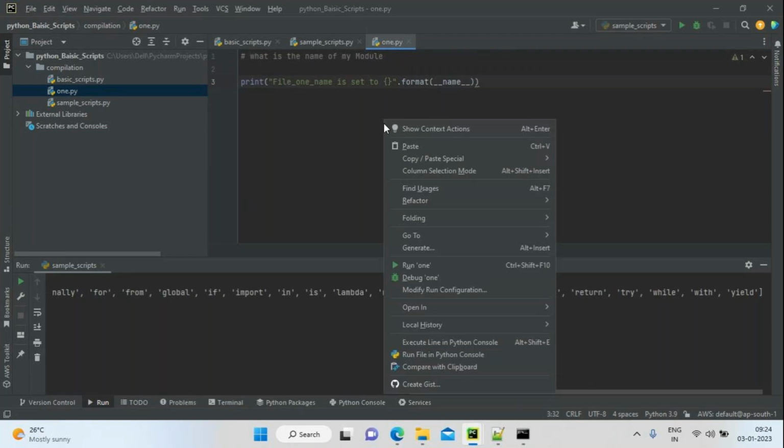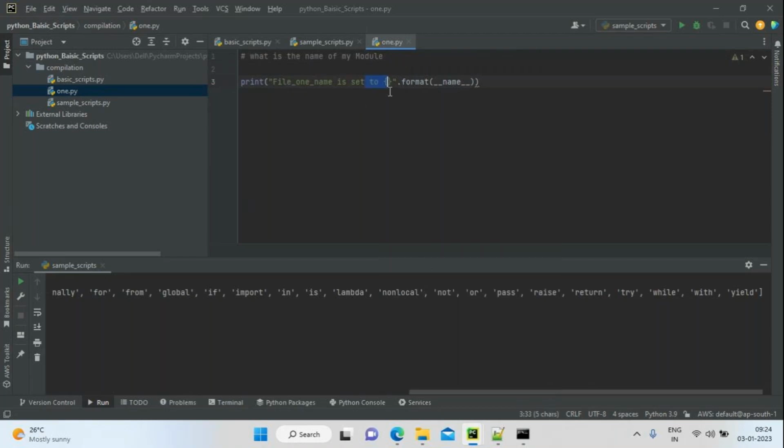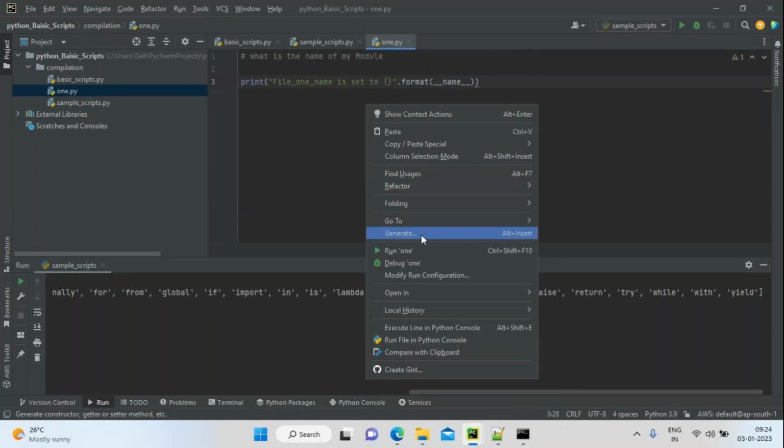Now I'm going to run this. See, these are called placeholders. If I use curly brackets as placeholders, I'm doing string formatting. String formatting means that in the string, instead of the placeholder, I place a name here. The name I'm getting is the module name, and that name will be set in this placeholder. Now I'm going to run this program.